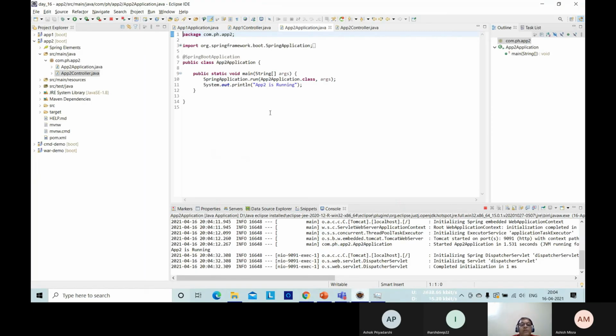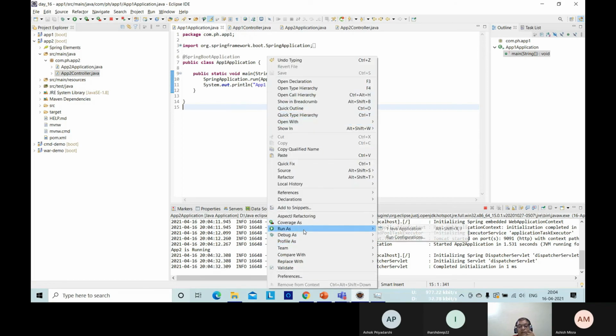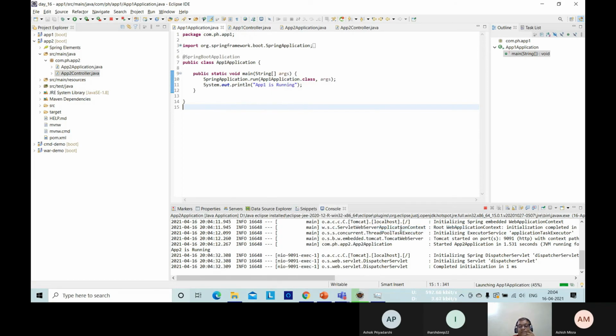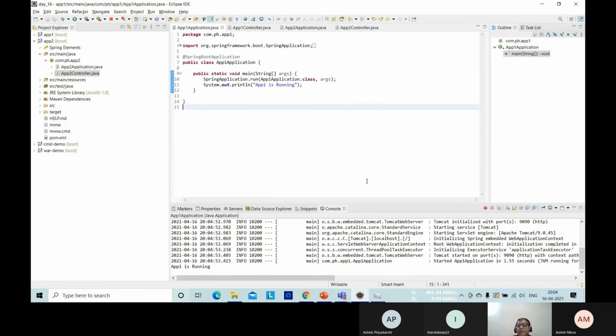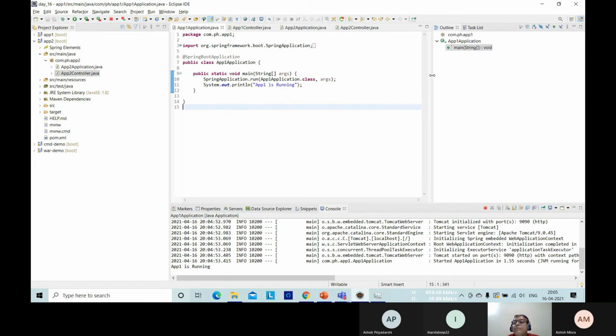Now let's go here and launch app 1 also. We have to launch both one by one. App 1 is also running. Now see here. Let me make it bigger.